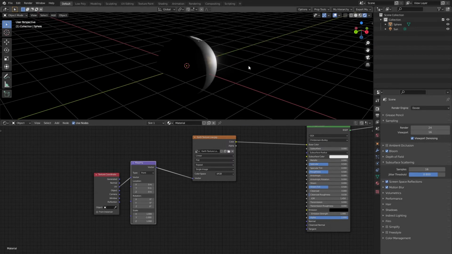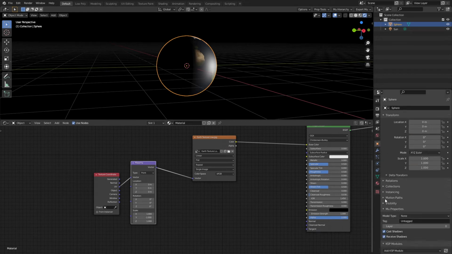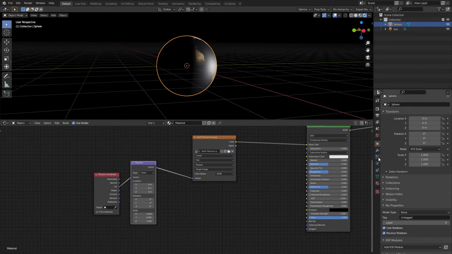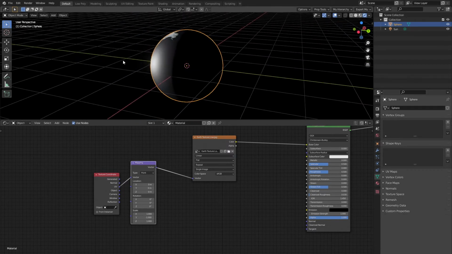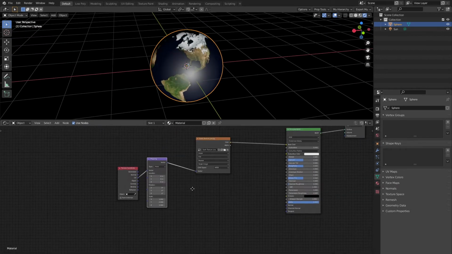I mean, can we disable shadows? I don't think we can disable shadows. Let's go here. Yeah, and I think there's an option to make it not take shadows, but yeah, we're going to live with that for now. So we got this. This is our